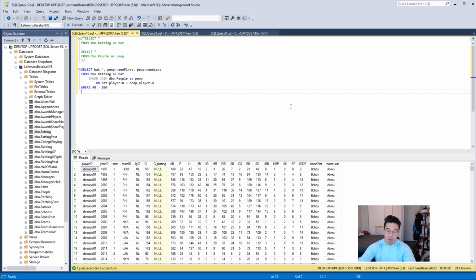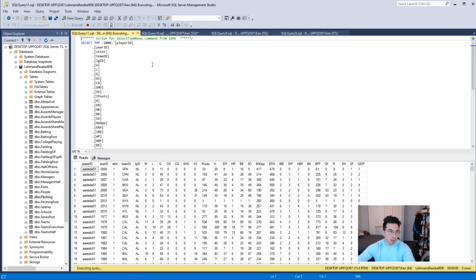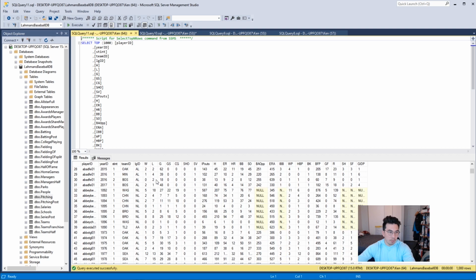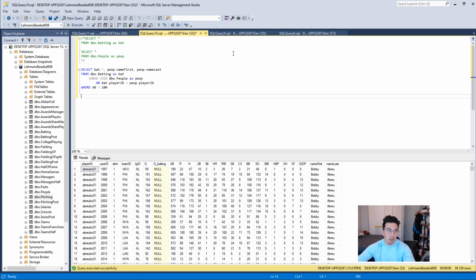So let's also do a quick version of a left join just to show you how that can be relevant. So let's look at this pitching column here, and let's try and join the player ID based on the year to the batting table. So there are some pitchers that obviously hit, and we want to see who those are and see nulls in those other columns. So let's create a new